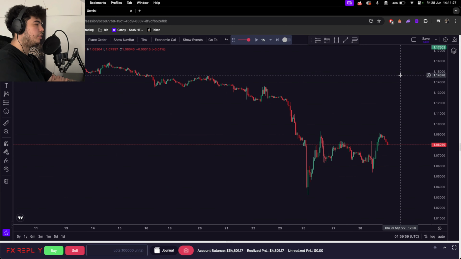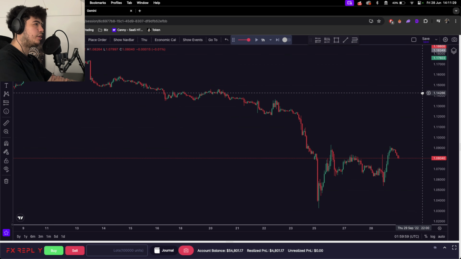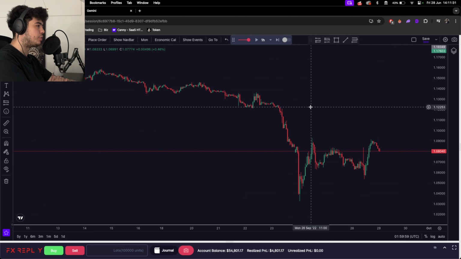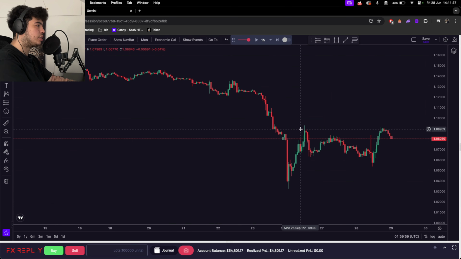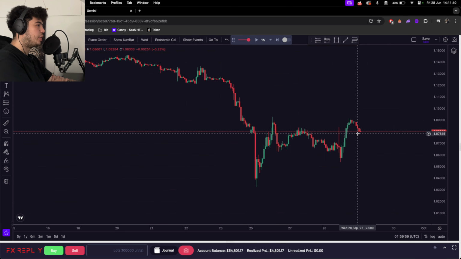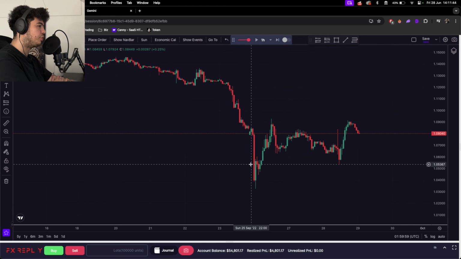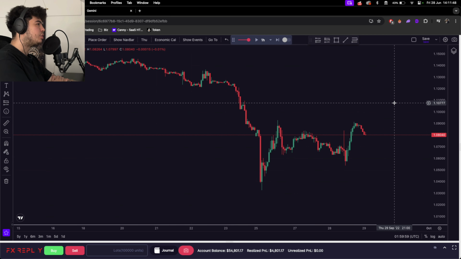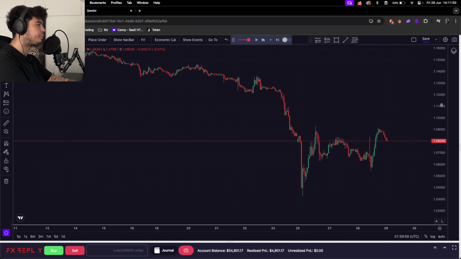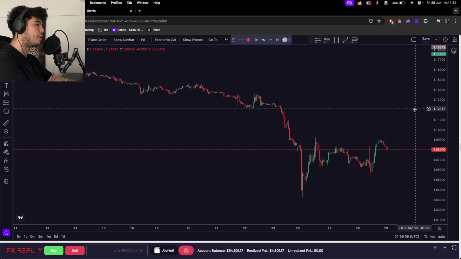Okay, so let's do it here. So we've got, again, a nice move to the downside. I assume at this point in time, news came, something must have happened that weakened price quite significantly. We're now seeing a typical move after news where we range and consolidate before either coming back down to the news low or correcting the whole move. So it'll be interesting, again, to see what Gemini thinks of this.